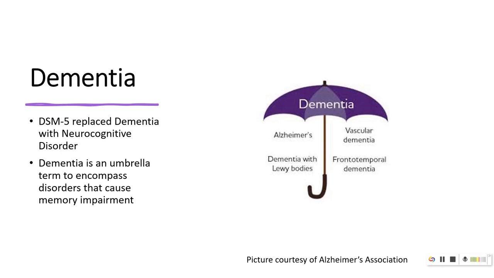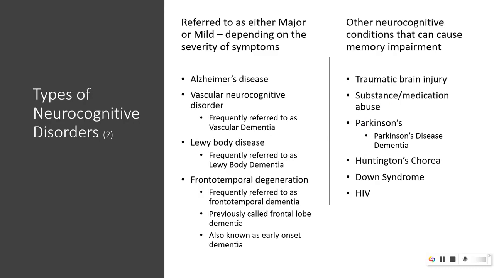Those are Alzheimer's, vascular dementia, dementia with Lewy body, and frontotemporal dementia. So you might see this umbrella used in some of the Alzheimer's Association's marketing and on their website and things like that. So, okay, when we talk about neurocognitive disorders, and we talked about this a little bit,